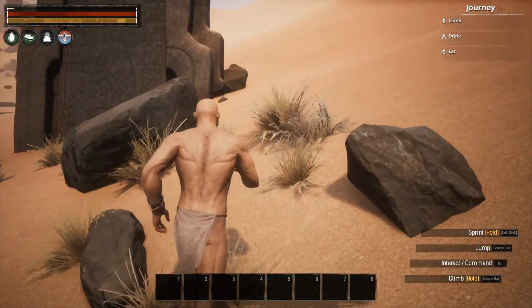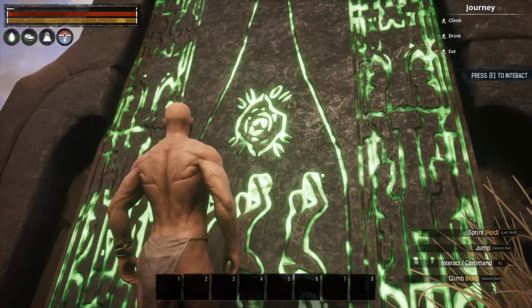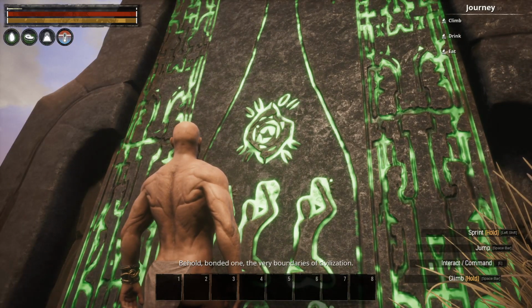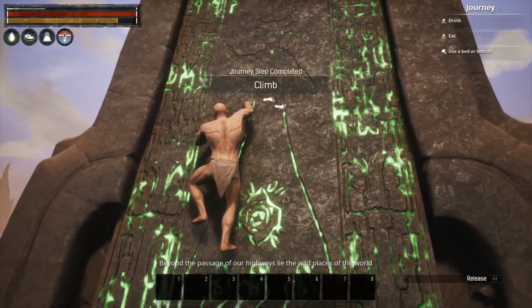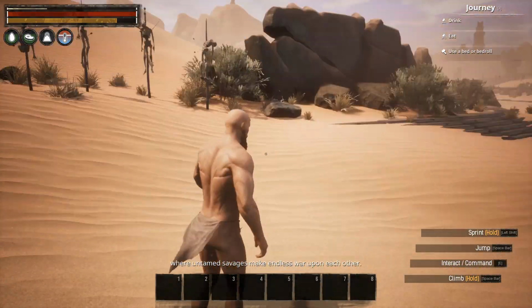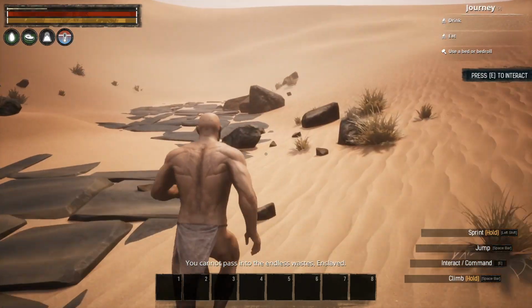So, while we're over here, gather everything that you can, grab some rocks, and also talk to that first stone that you see. Yes, I did say talk to the stone. While you're there, go ahead and climb that stone by double tapping spacebar. C will let you back down, and already we're knocking out some of these journey steps. Now, early on,